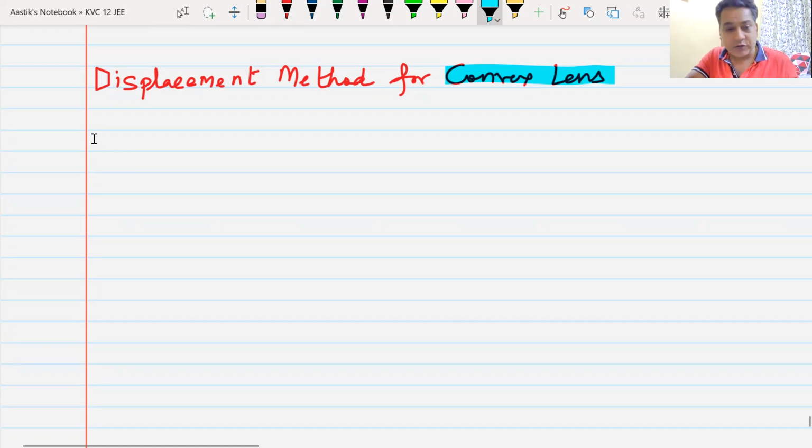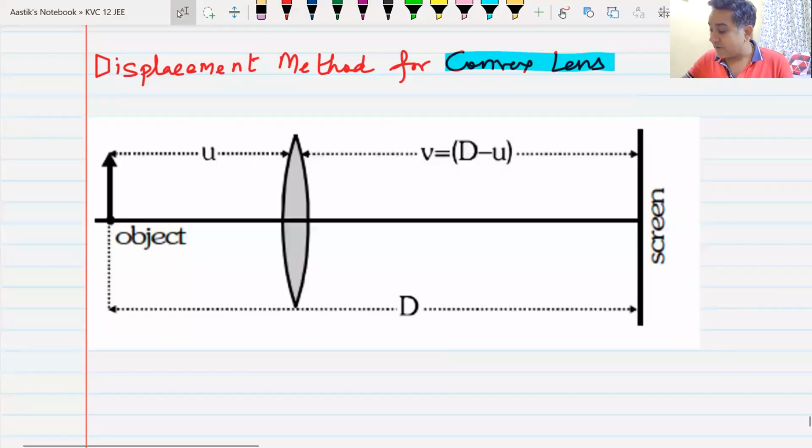remember, you must be knowing what is a real image. A real image can be obtained on a screen. Do we remember that? Do you remember a real image can be obtained on a screen? Yes or no? Do we know this? A real image can be obtained. Yes, sir. Okay. So what happens in this case is, we have a convex lens, we have an object,